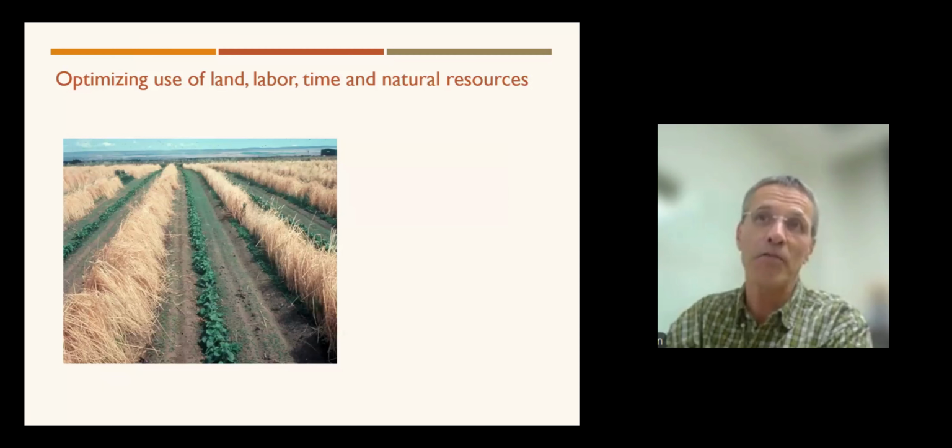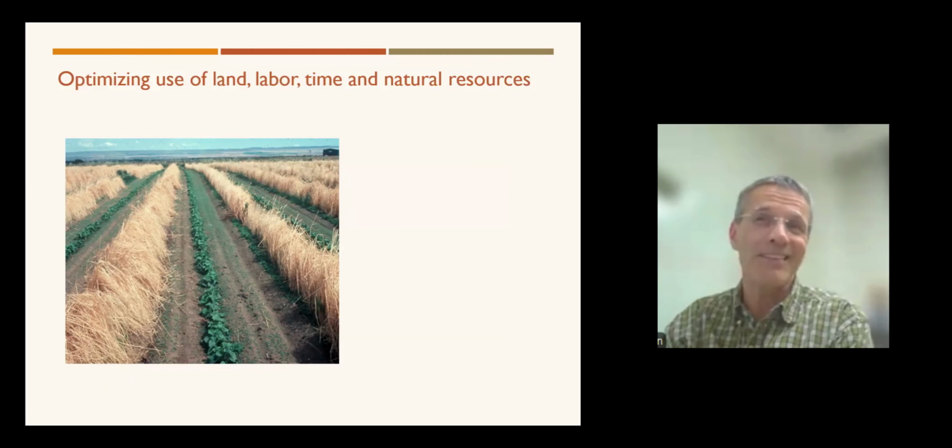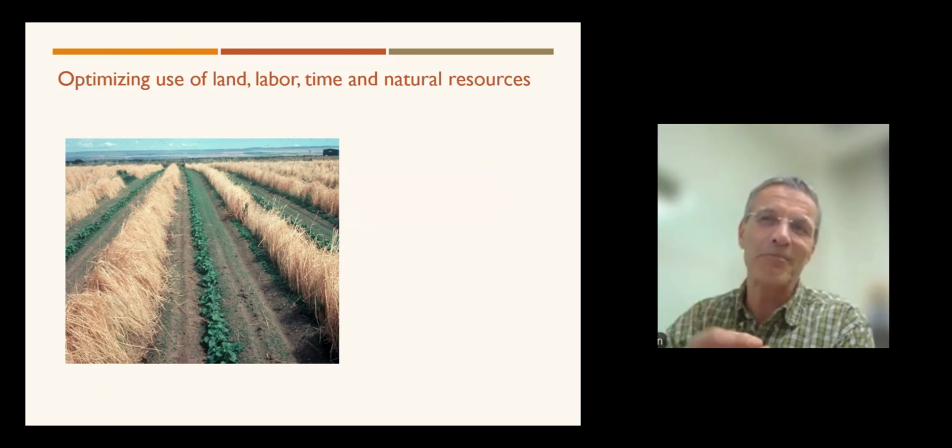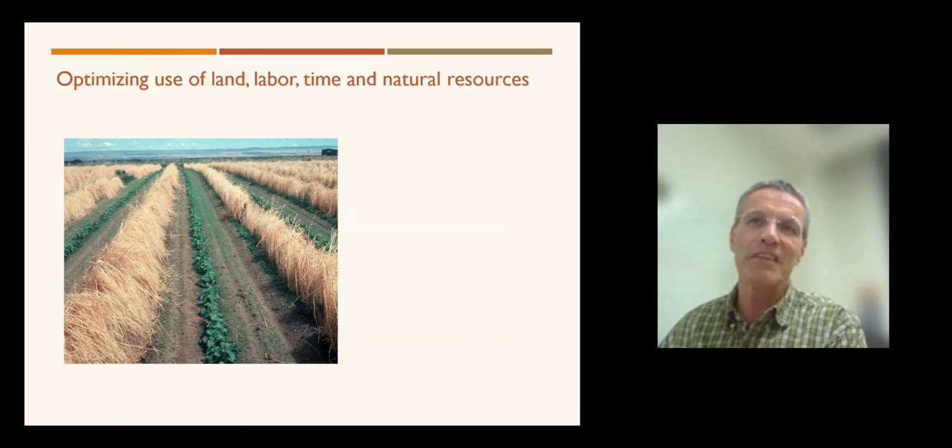Here's an example of an intercrop in Oregon. And in a way, that's not really an intercrop in the traditional sense, because the cereal that's grown here in the middle is not really used. It's simply there to protect those young melon seedlings. This is in an area where there's a lot of wind, and the melon seedlings have a hard time getting established. And so they grow this cereal, they kill it, in this case chemically, it looks like, and then in this time, the melon seedlings can establish themselves, and then this completely dies back, and the melons just grow over that. So it's sort of facilitating, this crop facilitates the growth of the other crop.